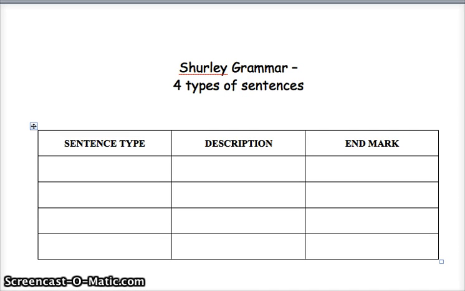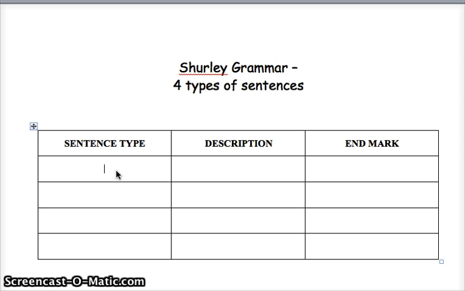Before we actually begin Shurley Grammar, we need to do some basic review. I'm fairly certain that all of you have learned the 4 different types of sentences before, but we need to review them because we're going to be using these over and over and over again when we classify sentences. So very quickly, I'm going to have you complete this worksheet at home, but for right now,